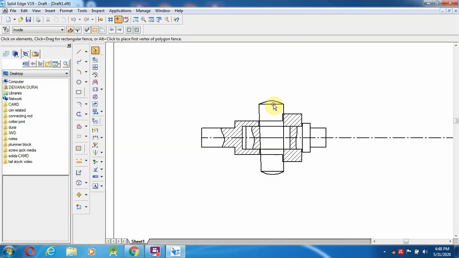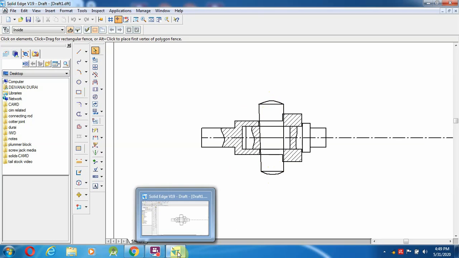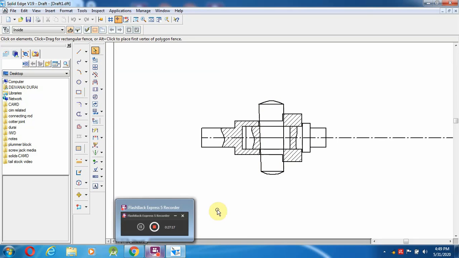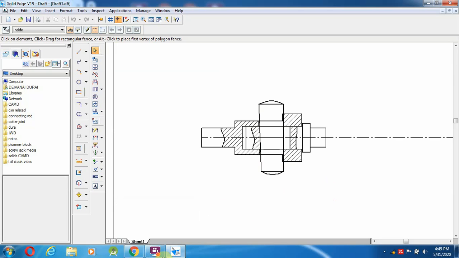The quarter joint length is the 3.5D, and the quarter diameter, this one we are going to take as 1.3D. Okay, so that is the 26 mm. After that we have to find the taper for this as well as in the hole, taper for the quarter as well as taper for this hole also we have to find. So this is about the quarter joint. So it may be given with various diameters that we have to take over here. So now we are taking a 20 mm diameter.